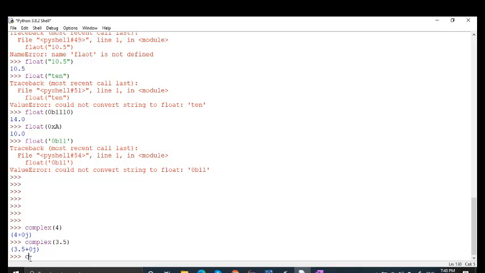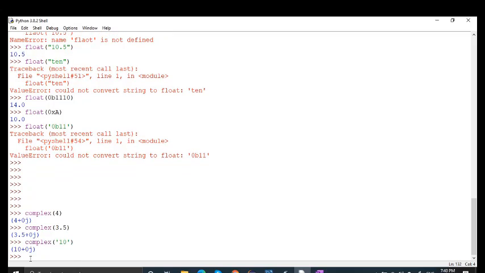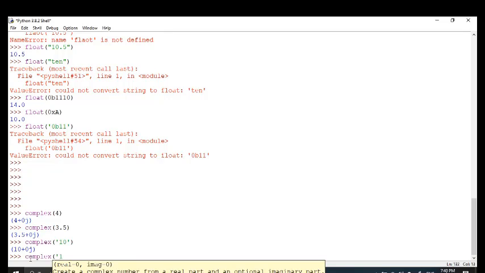Now we write here complex, and I'm passing a string containing a number, 10. Now you can see that it is working with string. Now I'm writing complex, and in the string I'm passing a decimal point value, 10.5.